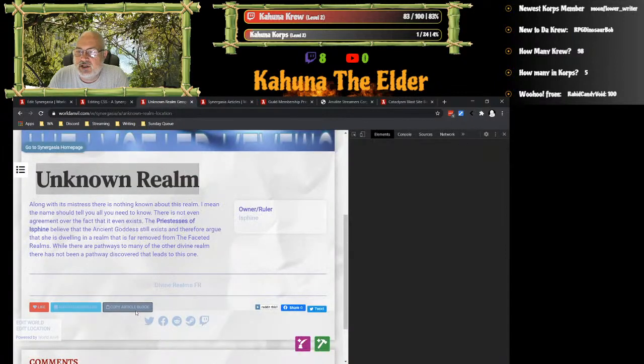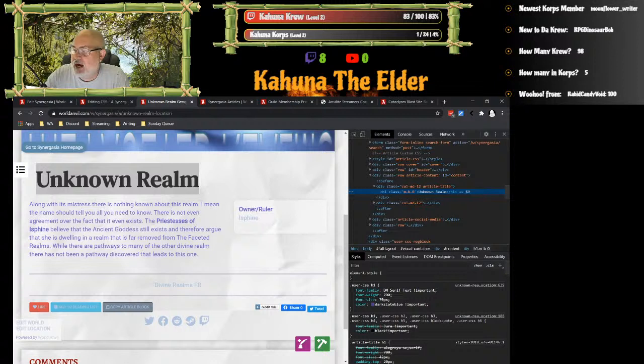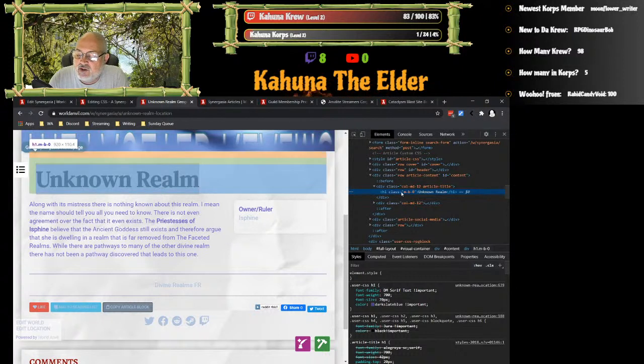And what that's going to do is it's going to open a box to the right. And by highlighting and then clicking inspect, it will actually take you to exactly where that highlighted area is in the code. For example, in this, you can see that it's an H1, but it's a class of M-B-0.